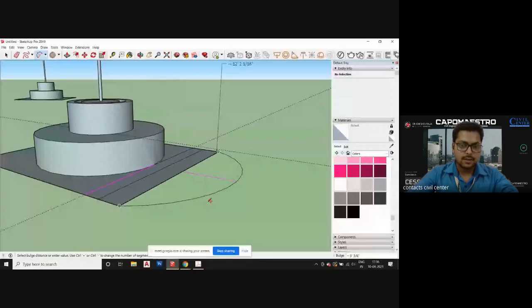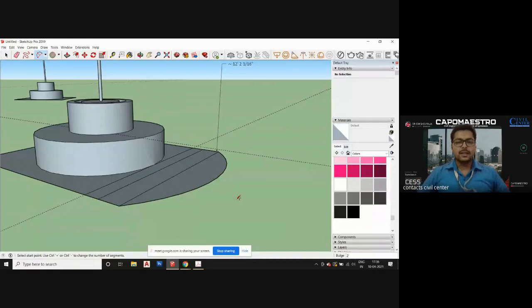Okay, leave it like that. And you can also define the radius of this arc. 5 feet will be enough. Okay, 2 feet is good. Now, one thing to notice here is that whenever you are drawing any line and you leave it open-ended, it will not create a surface. But if you close the ends, it will create a surface and you can start working on that. Okay, so we are done with the arc also.